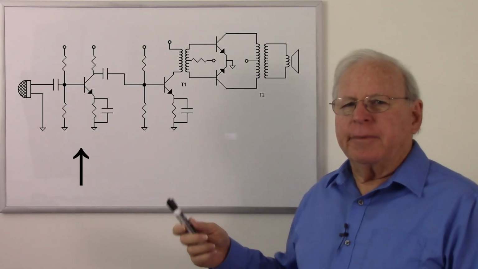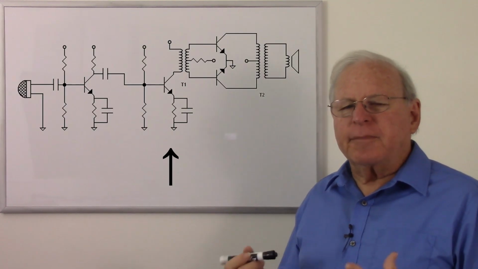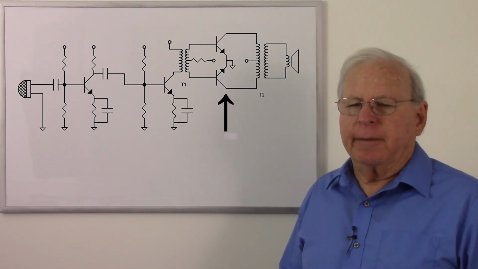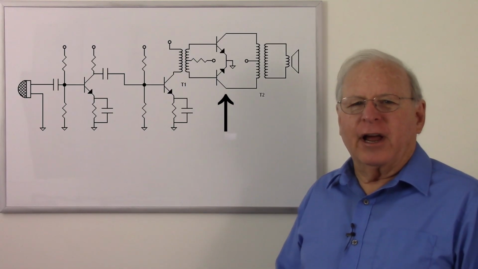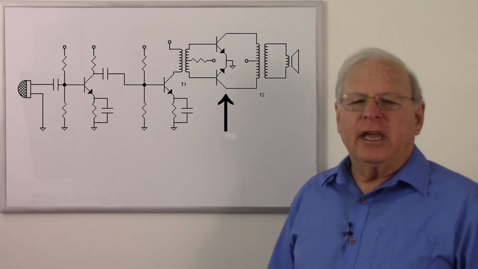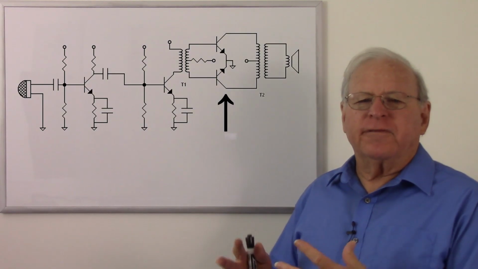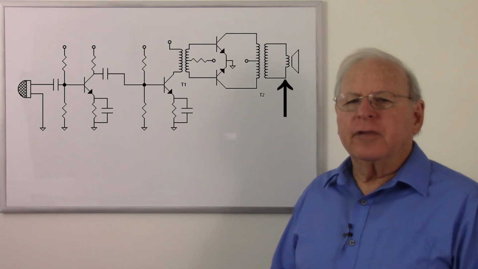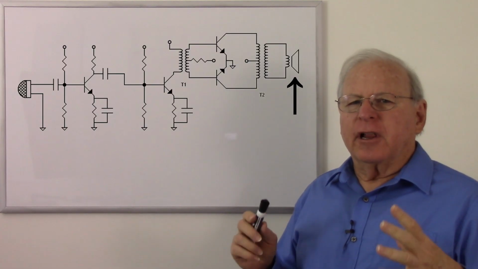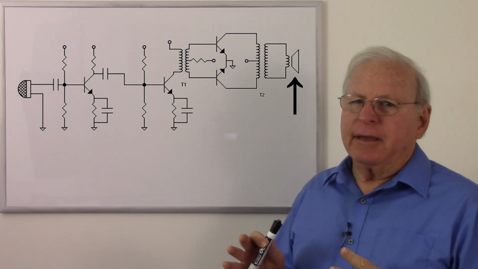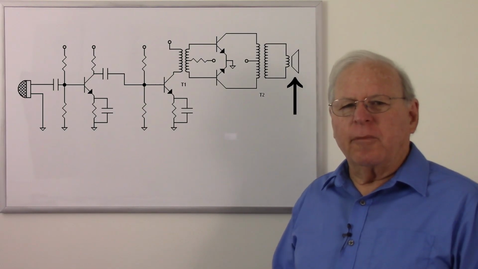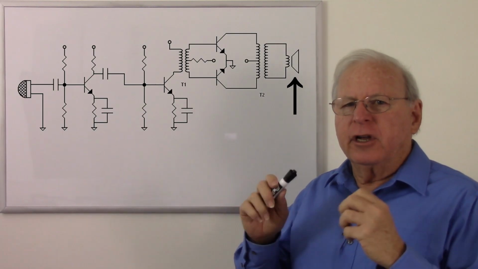So first we had a preamp, then we have a voltage amplifier, and this is mainly to develop enough voltage to run the last stage, which is the power amplifier. So the power amplifier, I suppose you could call it a current amplifier because its job is to deliver enough current to the load to develop the power we expect to deliver. So this is probably an 8 ohm or 4 ohm or 16 ohm speaker, and we need to develop enough current to get the power we want, which, well, it depends on the speaker, might be maybe a total of 20 watts or so, but we need to get enough current into that speaker to develop that power,